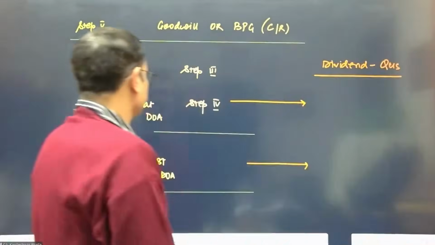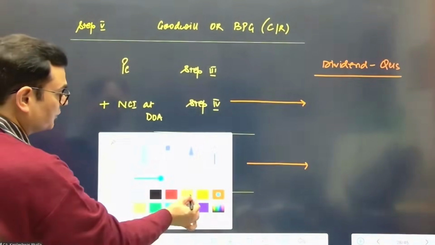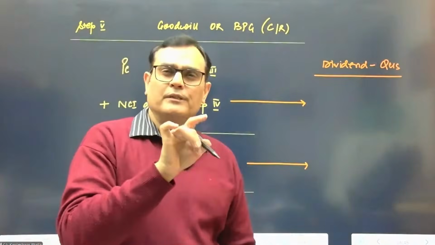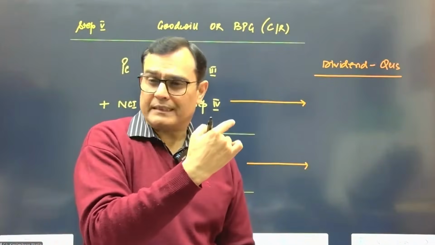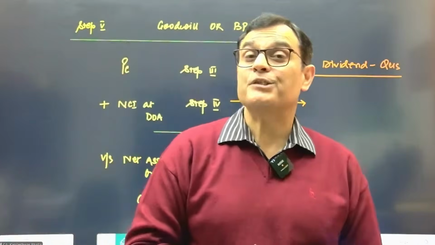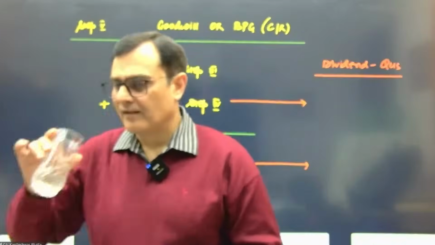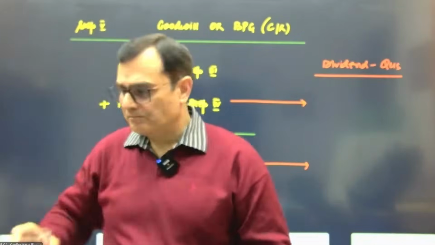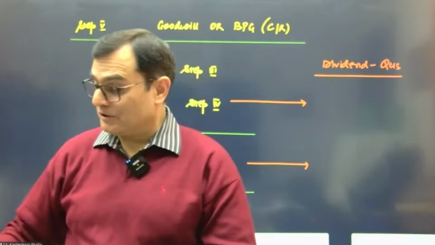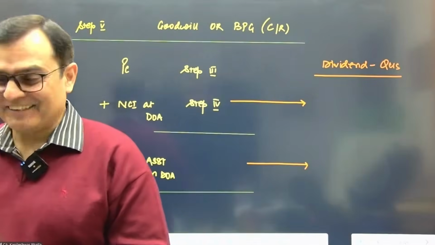Now coming back to the agenda, now tell me one thing. When you consider NCI on the date of acquisition, are you going to take this NCI from the previous step, or are you going to consider the NCI based on net assets before or after dividend? I think nobody reacts to my technical and tricky questions, I guess. Before dividend? Yes, that's right.